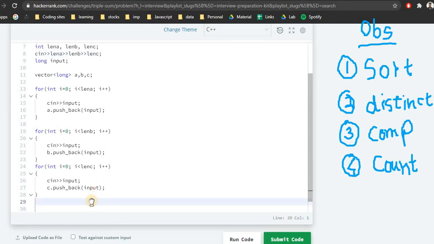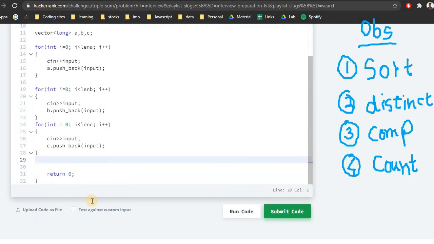So how we can push the elements into the set is, first we need to declare the set. So let's consider this to be long. Let's give the name of set, let's call it set1, and we need to give the input, or we can directly copy the elements from the vector to set.